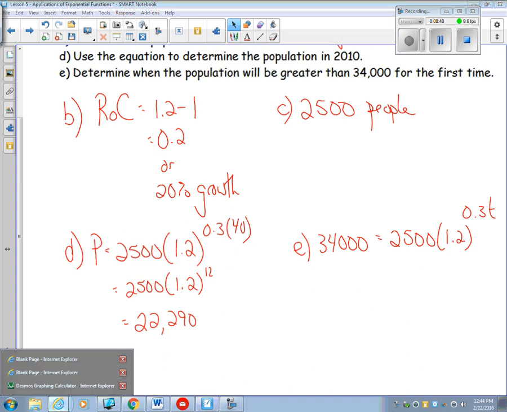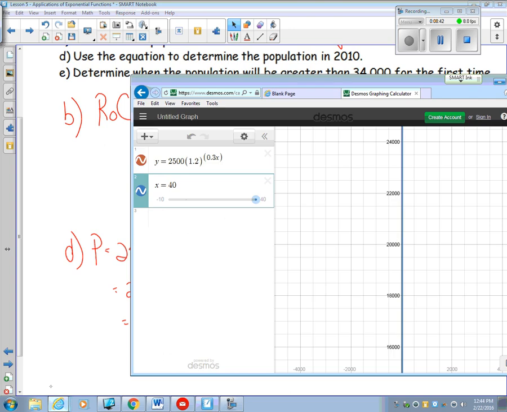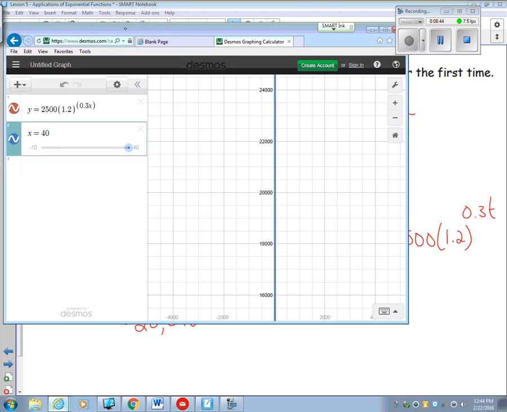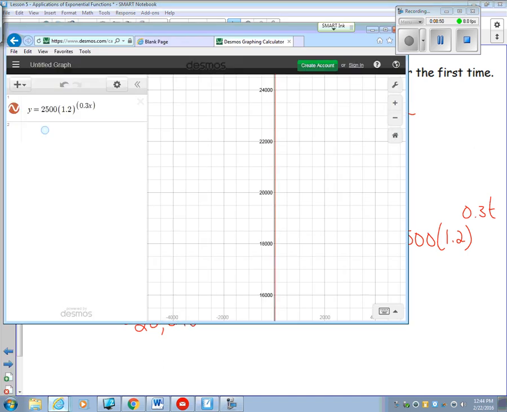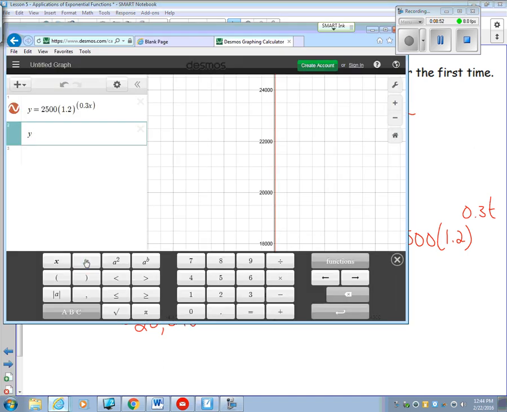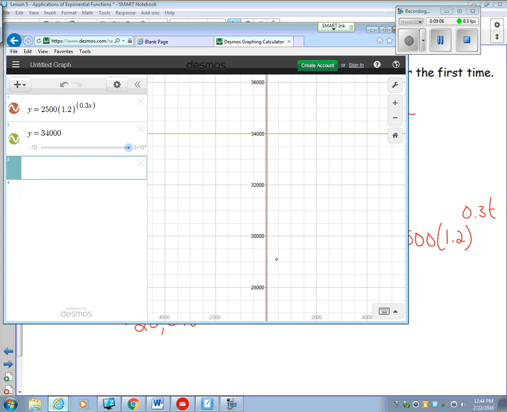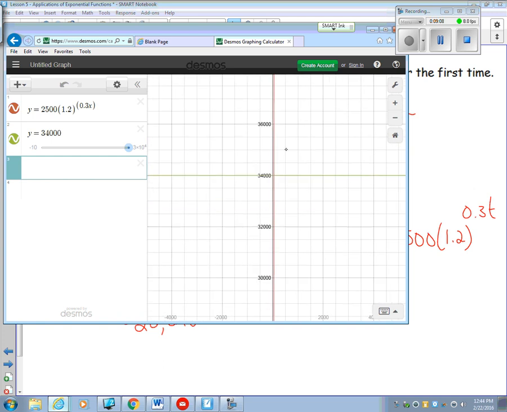Okay, it's not solving for x, it's solving for y. Okay, I want to know when y equals 34,000. So I'm going to put in equation 2, y equals 34,000. And then I'm going to figure that out. So on my graph here, I got to go all the way up to 34,000. Oh, there it is. My line's hit. I'm trying to find that point. We'll touch it. Our gray dot says